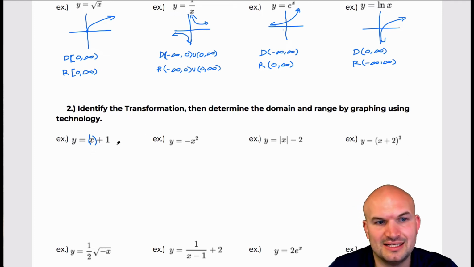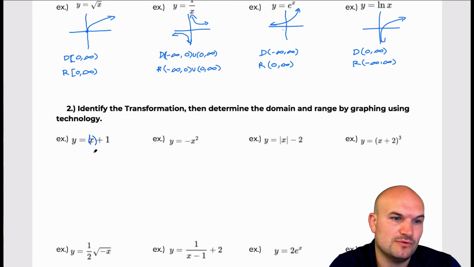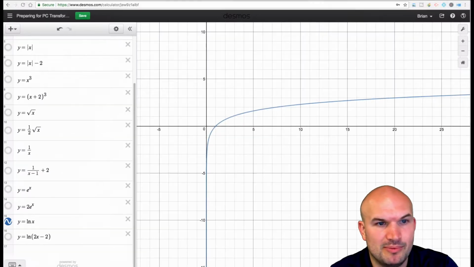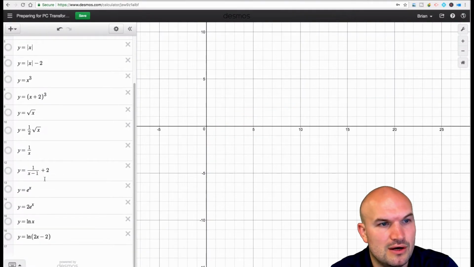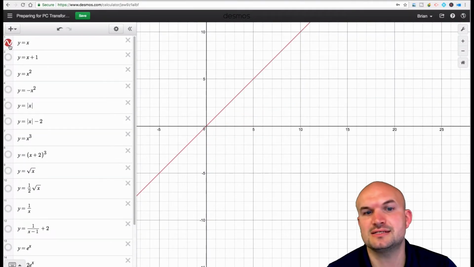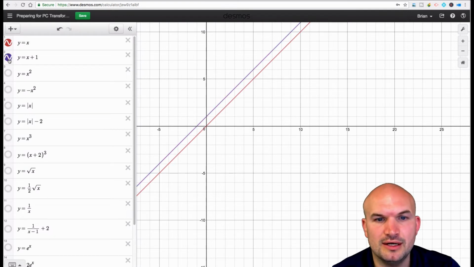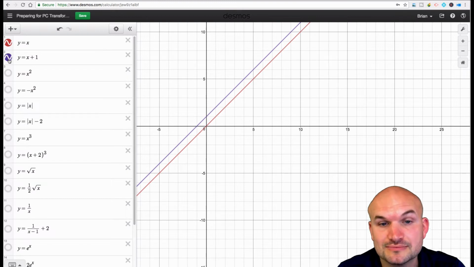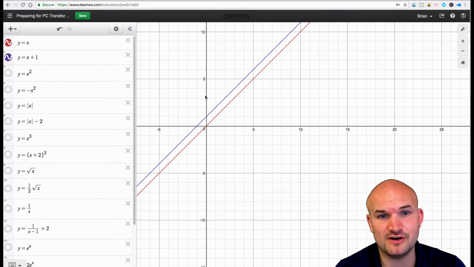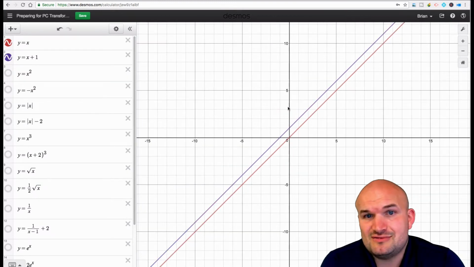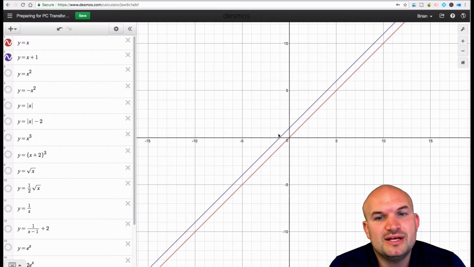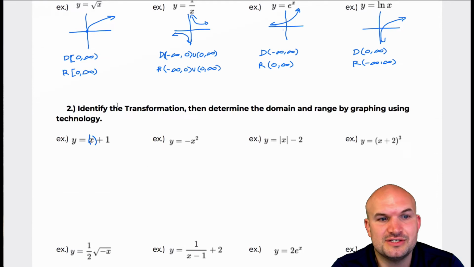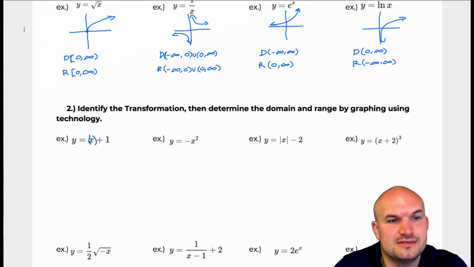So what exactly is that going to be doing to the graph? Well, let's go take a look at that. I already have that prepared, so hopefully it shouldn't take too long. So here's x. And if I do x plus 1, you can see that this is shifting the graph up 1 unit. As far as the domain and the range, that's really not going to affect the graph at all. We could also think about this graph being shifted 1 unit to the left, and you could also think about this as